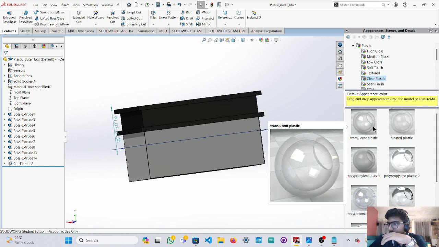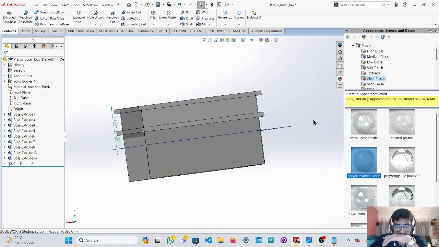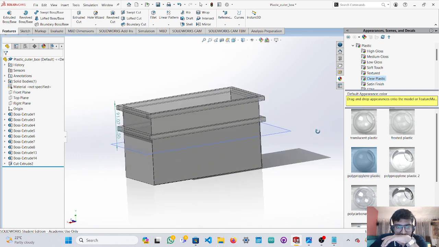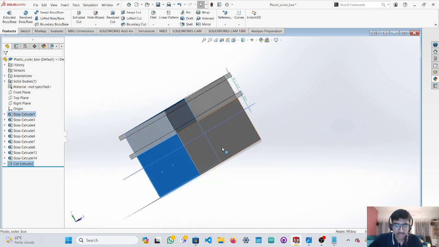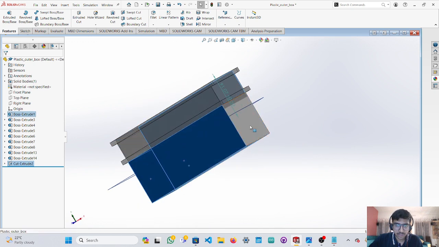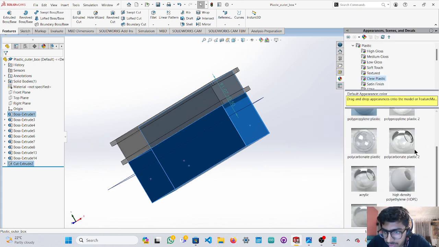So let's just make it translucent, right? And these surfaces right here, let it be